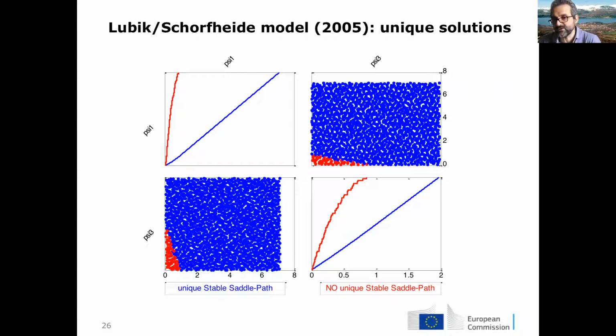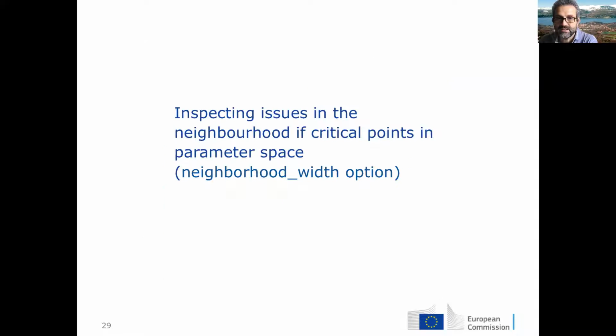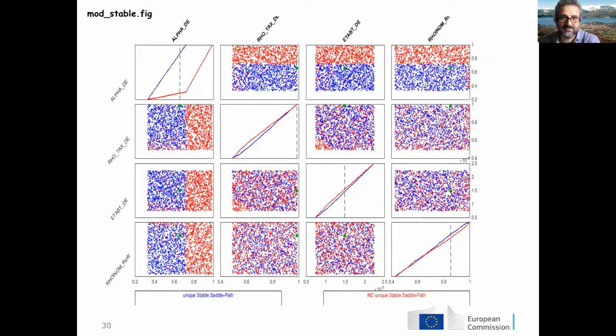Instead of using the prior, you are at a critical point in the parameter space, and then you want to draw in a neighborhood of this parameter. Okay, but then the objective might be the same. So I show just examples of, let's say, a real model with a lot of parameters, where at some point you go dangerously near to something wrong happening,